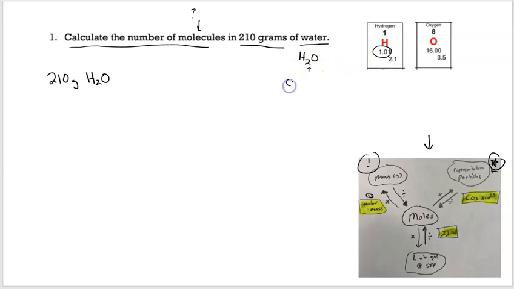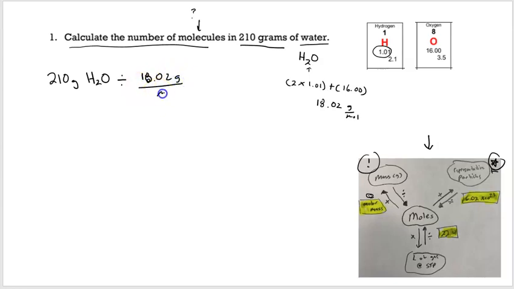So I write it like this: 2 times 1.01 plus, I have one oxygen, so 16.00. When I add those up, I get 18.02 grams per mole. All I'm going to do is divide by 18.02, because to go from mass to moles, we divide by